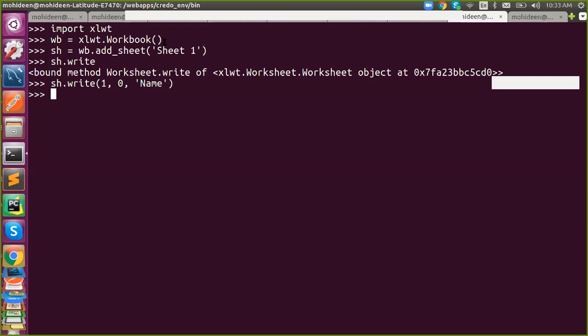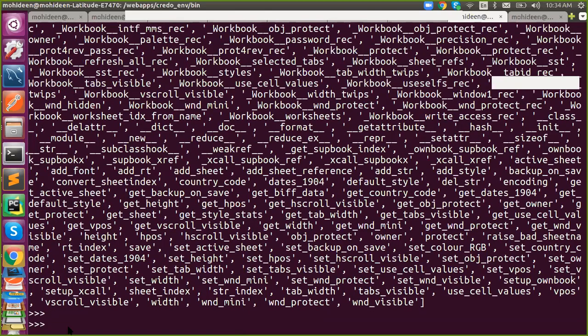So here wb is the workbook, and sh is the sheet name, and we are supposed to save it finally. Just say w.save. Okay, try this one. So here we have a property called save.